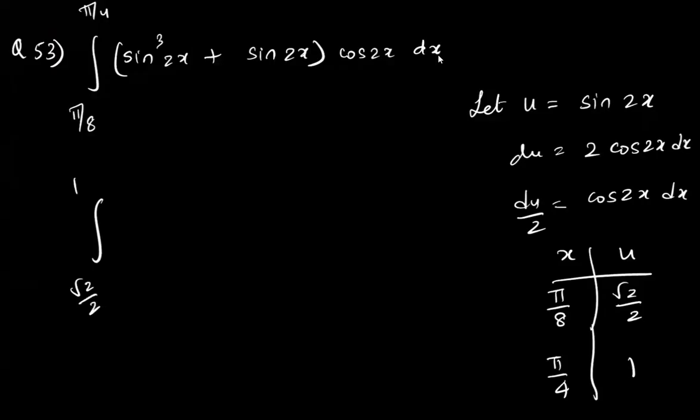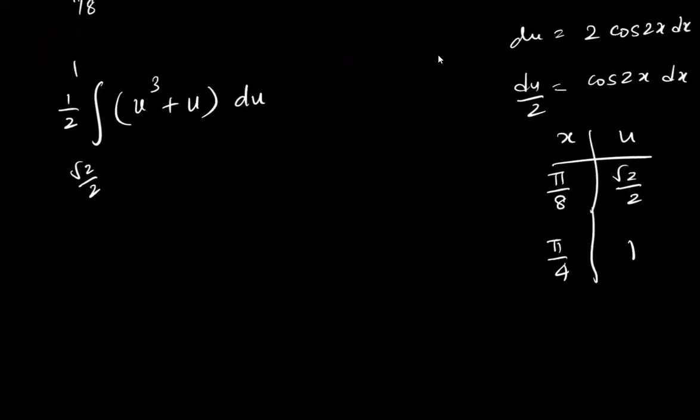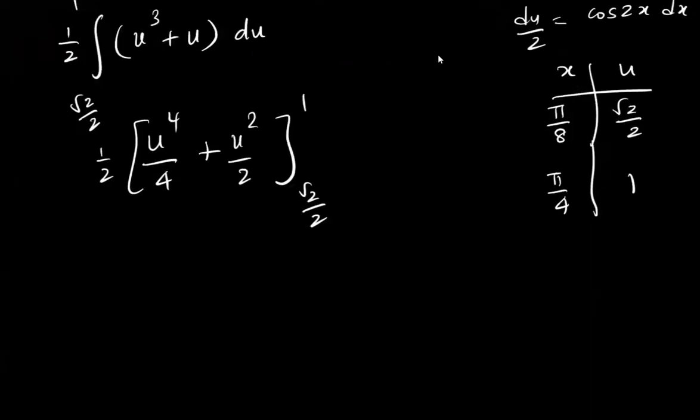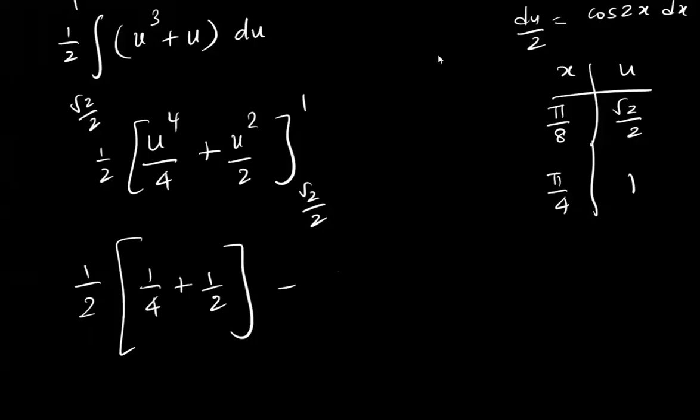And this one becomes u cubed plus u times du over 2. And I'm taking the over 2 outside. Then I take the integral. I have u to the power of 4 over 4 plus u squared over 2, with a 1 half here, between the limits root 2 over 2 and 1. So I keep this 1 half outside. I have 1/4 plus 1 half minus